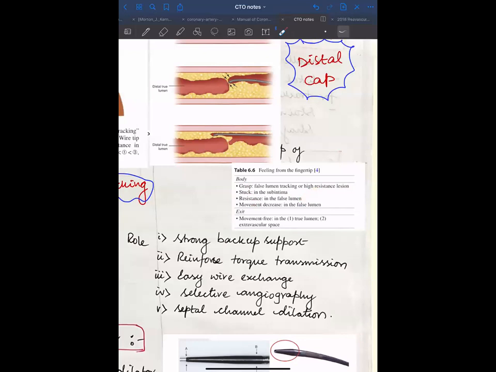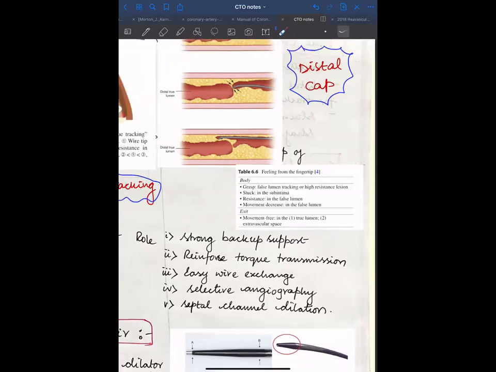What is more important is that when you think you have gone into the wrong space and you are pulling the wire back, the feel of the wire from the fingertip is very important, because if there is a free movement of the wire when it is exiting, then it could be that it has gone into an extravascular space, or also that it is inside the true lumen. So one of these feels, either when you remove it, or if you think you have entered and you feel a give, either of these two things at the fingertip will tell us it is either in the true lumen or in the extravascular space following a perforation, which we need to be aware of.